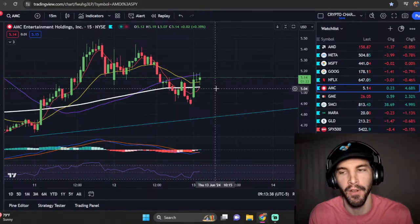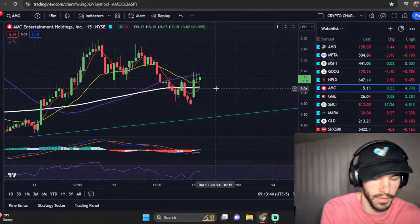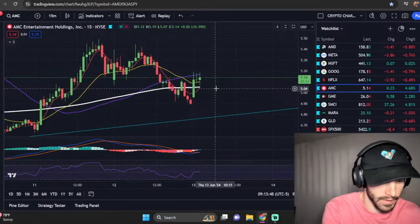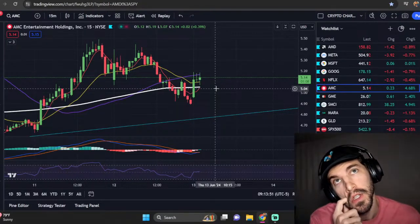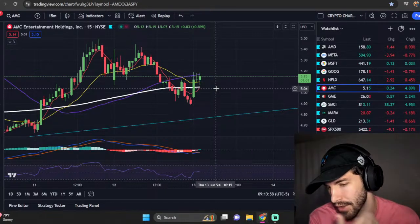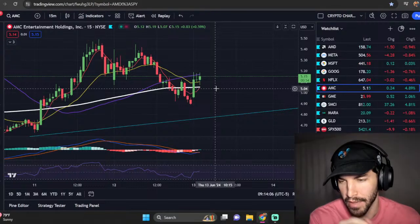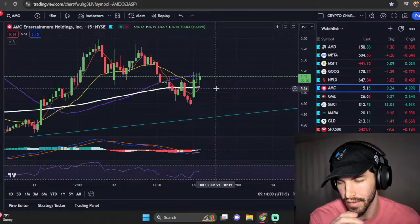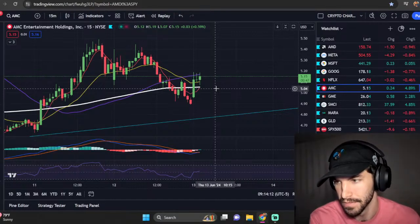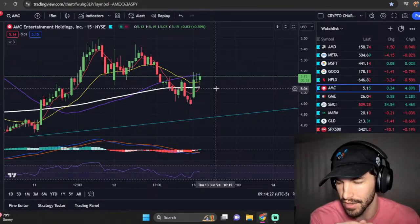Kind of depends, O1. Let me think about that. Well, weirdly enough, I know this is a crazy thought, but I've thought it ever since the AMC and GME thing. I started to research it. AMC and GME can cause banks to go insolvent. It could cause market makers to not have liquidity. It could cause these short sellers to lose their hedge funds. AMC and GME could cause the recession, which is so weird to think about. But that's what I've always thought ever since I started researching AMC and GME, is they could cause the recession,